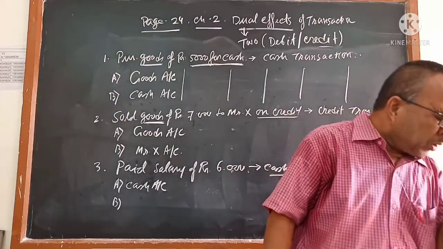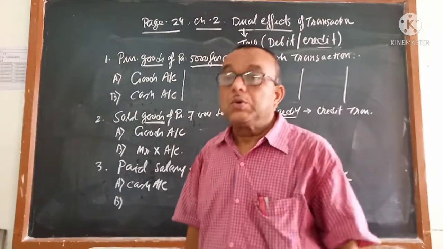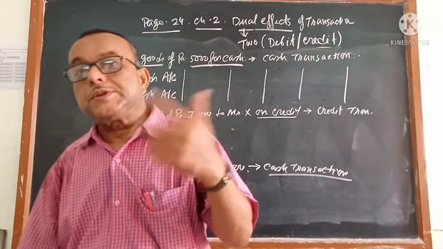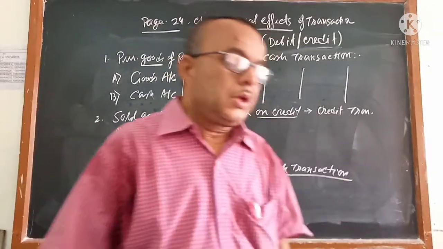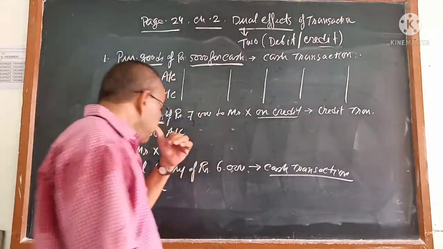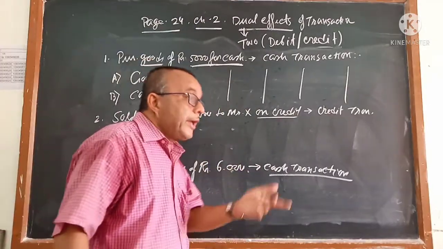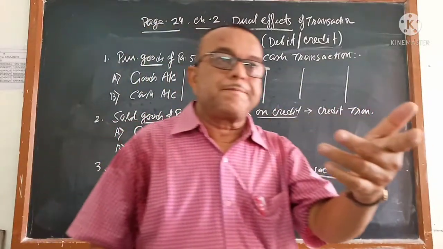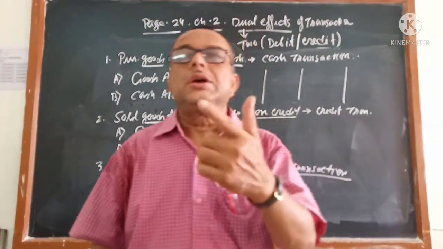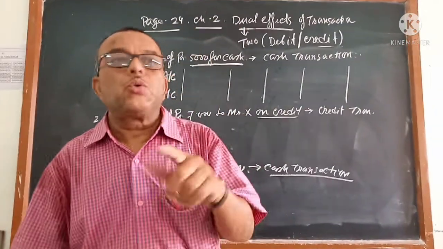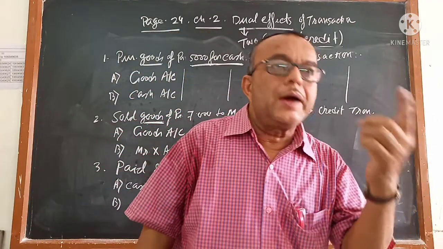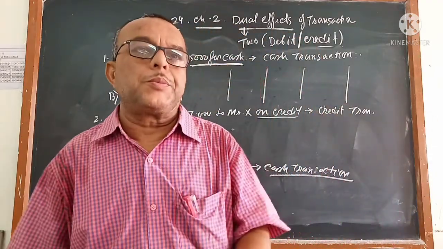Obviously, you got something from him. But actually that is not visible. You cannot see what you got. You got the service from that employee. What type of service? Against that service you paid salary. Salary is your expense. And why did you pay salary? I have received a service from him.